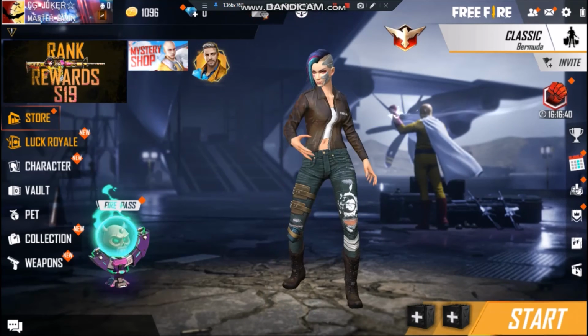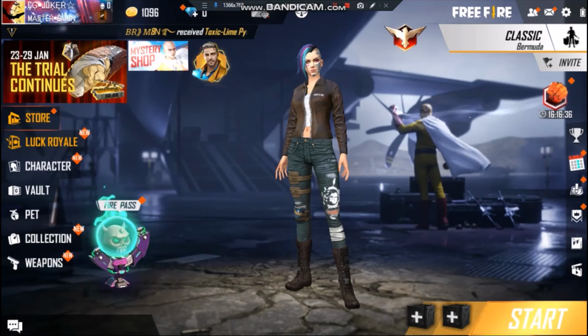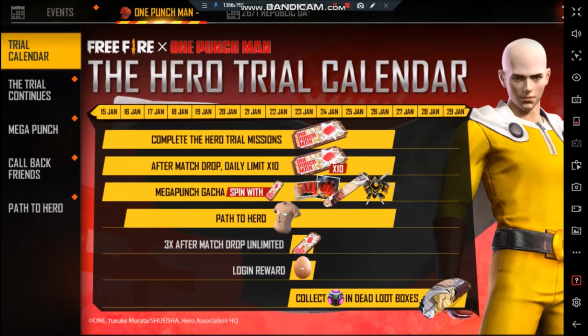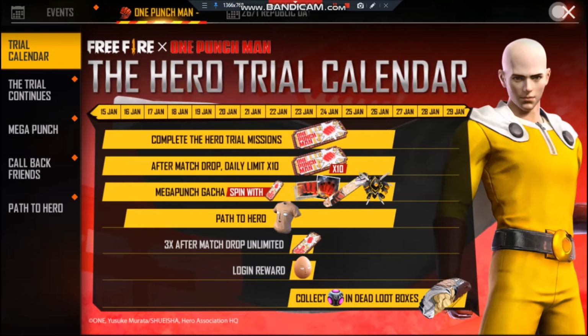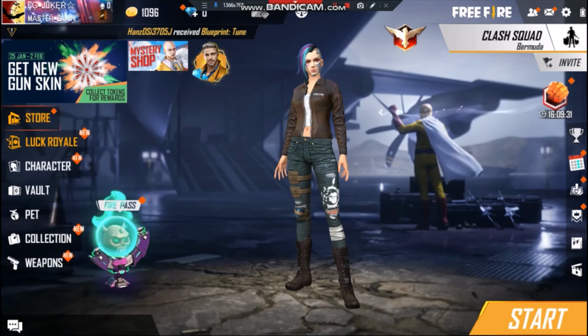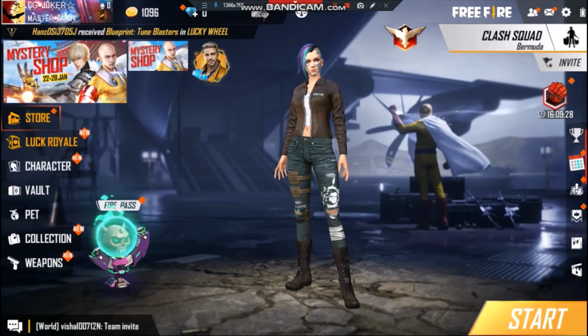And so you can easily install and play Free Fire through the MSI App Player emulator. You can also record your screen by clicking upon this record screen option, and you can also take a screenshot by clicking upon this option. And now if you want to install and play Free Fire, then you should have an emulator, and please install this MSI App Player emulator.